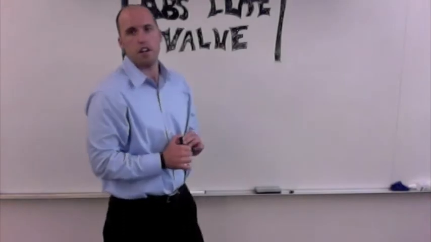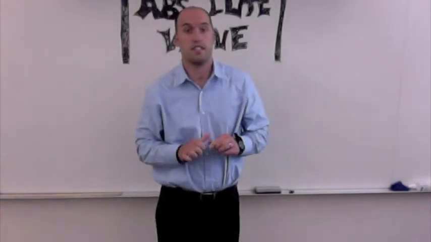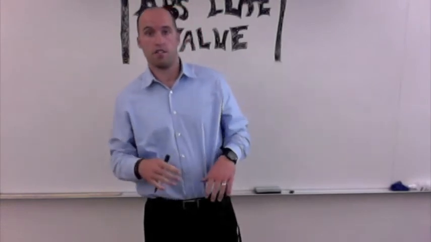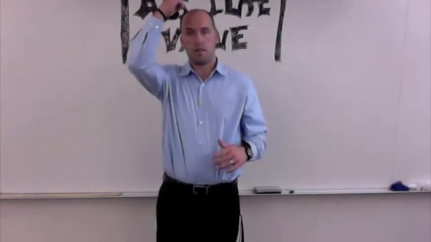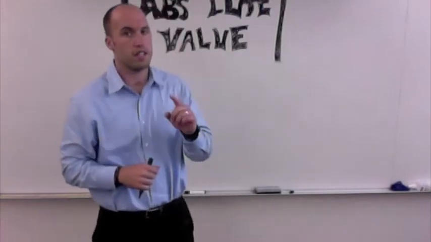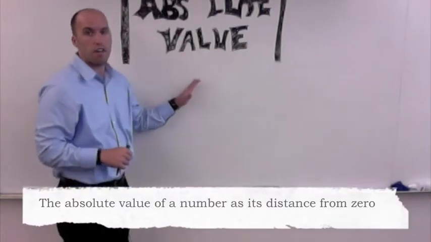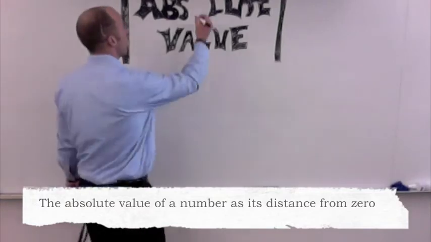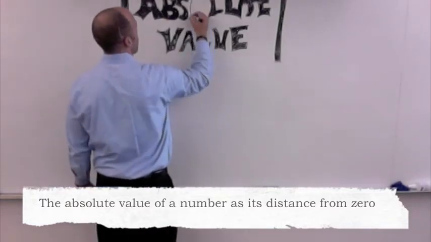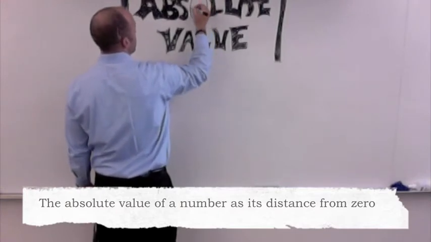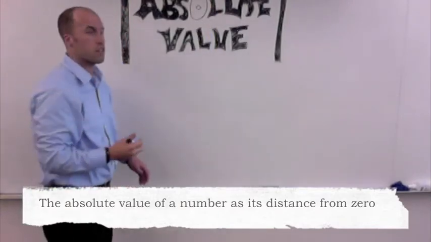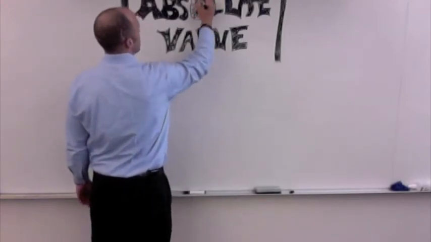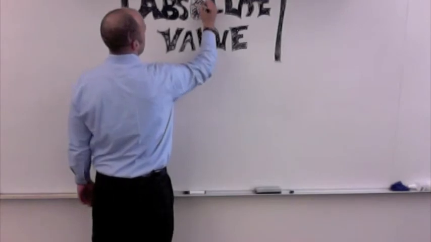This is Mr. O'Byrne, and we're going to quickly and easily and simply go through absolute value. Now, as you can see in between my bald head, something's missing. And there's a key reason why that's missing. Absolute value is pretty simple. It's the distance that you are away from zero. Get it? Zero and the O are kind of like the same thing. So that was the whole reason why I left the O out, is because it's simply the distance away from